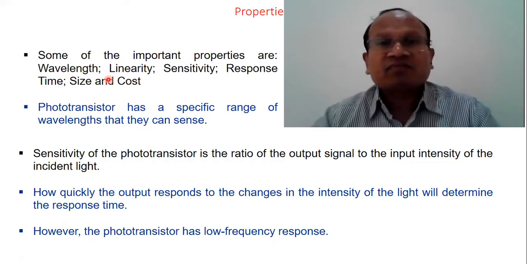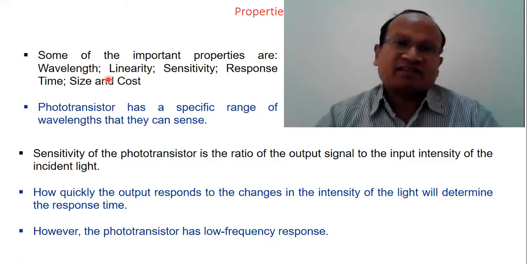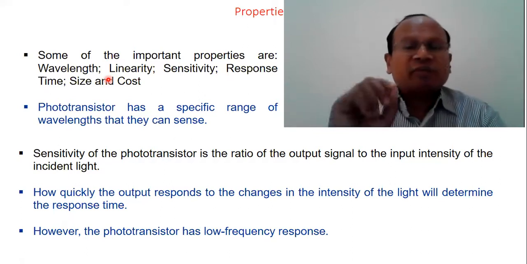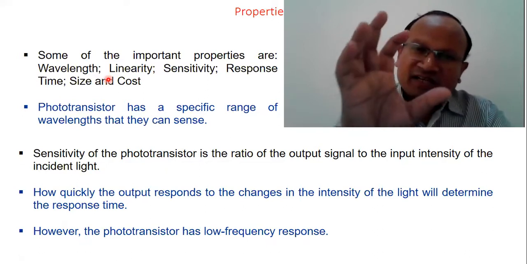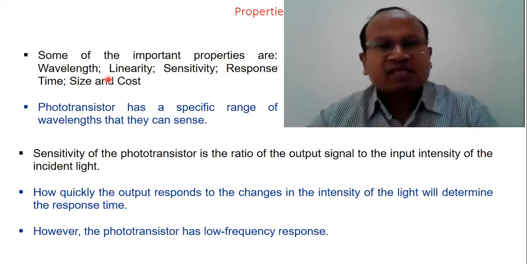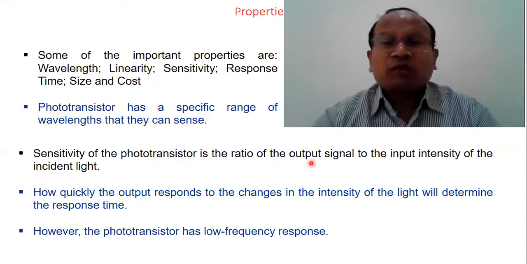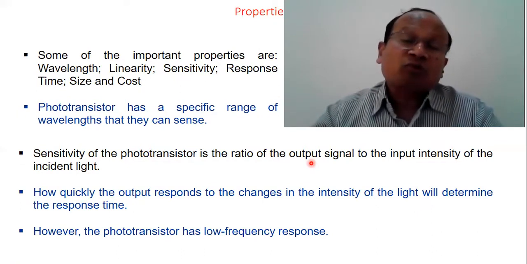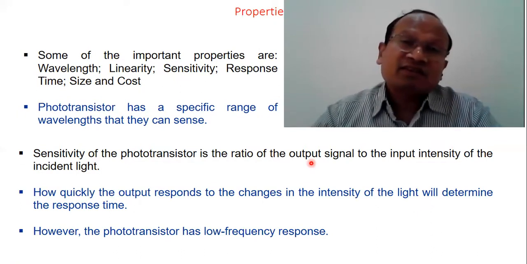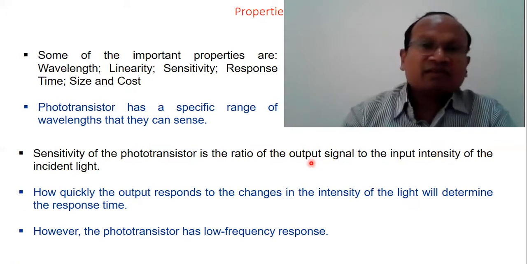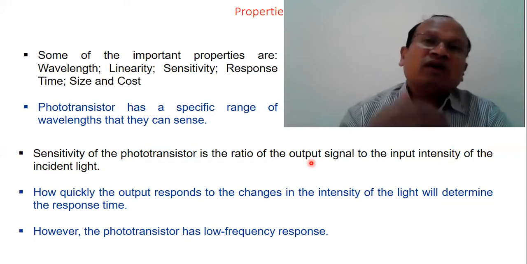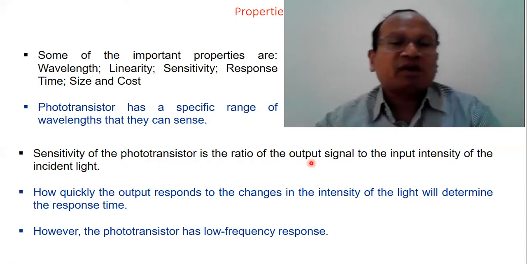If the wavelength changes, of course, there is a different light intensity. For a different range of wavelength, there is a range of current, and if a particular wavelength of a particular color is there, a particular value of collector current or photocurrent will also be obtained. Sensitivity is the ratio of output signal to the input intensity of light. What is important in this device is that the output is electrical current and the input is optical power. So how sensitive it is, how much it detects and converts, is the ratio of the output signal, which is electrical current, to the input signal, which is optical power.